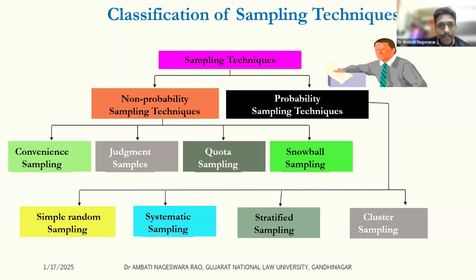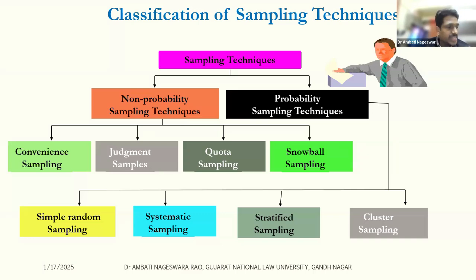But when it comes to sampling, we have different kinds of sampling techniques. First one is probability sampling technique. Second one is non-probability sampling technique. Probability sampling technique means each and every respondent has an equal chance of being selected. It means if there are 53 participants in this particular group, and I'm saying that I'm going to take 10 participants and I want to work with each one of you for writing a research paper in the area of qualitative research work, who are those 10 people? Every person among the 53 people has an equal chance of being selected, right?